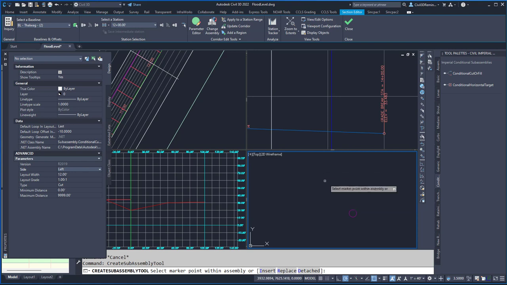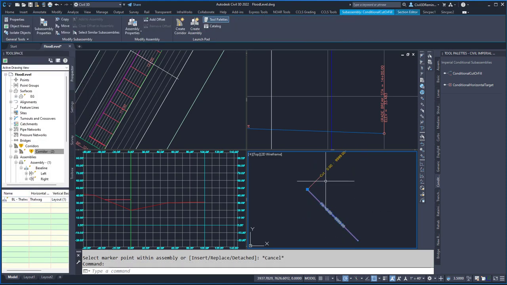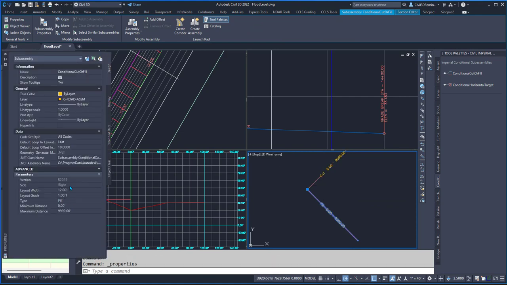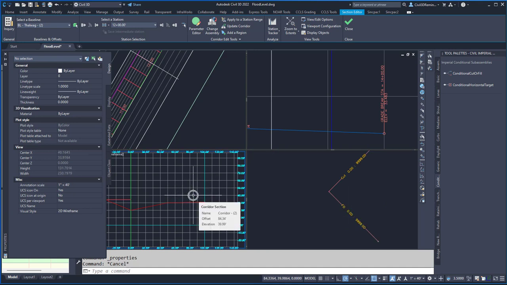And I'm going to go to the left just to highlight that it's going to the left. And so I'm going to have a cut over this way. And then I want one for fill. And I just want to click on that same link slope for width. In my case, Civil 3D may have decided that it wanted to correct my direction, but that should be fine. And so if I'm in fill, meaning that it's above the surface over here,